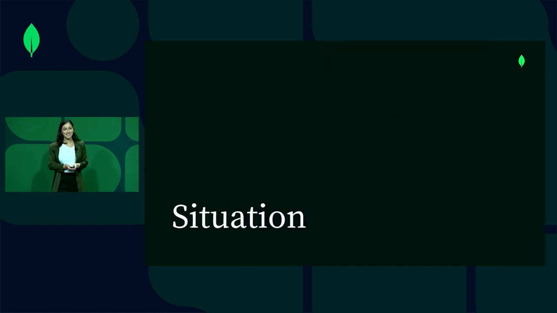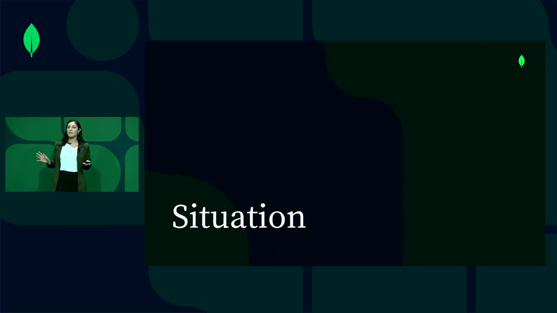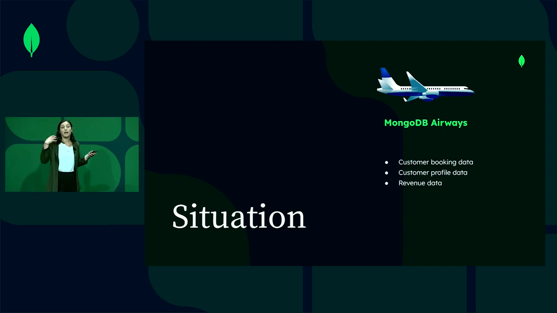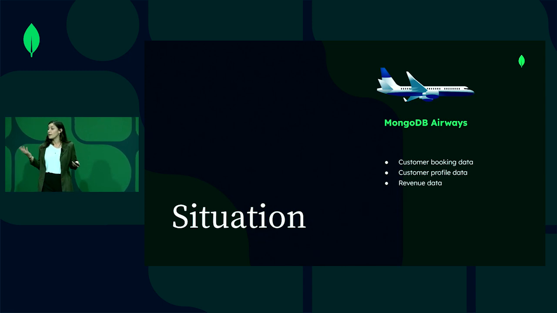All right, so let's get started. So I want you to imagine for a second MongoDB Airways. And just like any other airline company that you may be familiar with, MongoDB Airways stores and collects a vast amount of data. They store customer booking data, so anyone that's booking flights on your website, customer profile data, so if they're making an account and saving that information for later, revenue data, so that includes things like ticket sales or in-flight purchases,